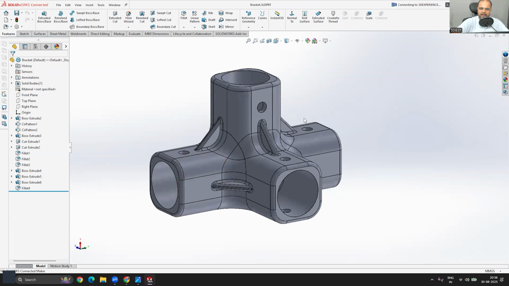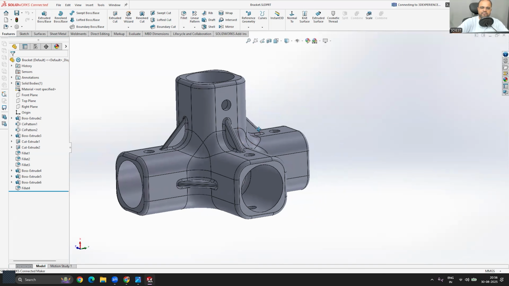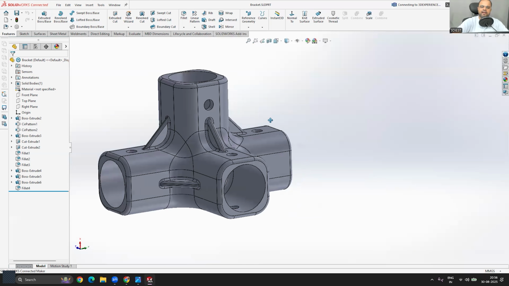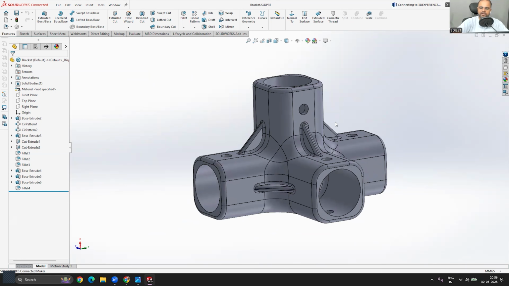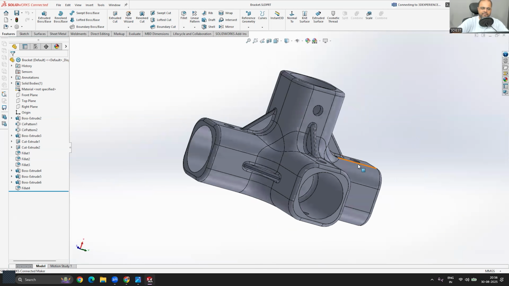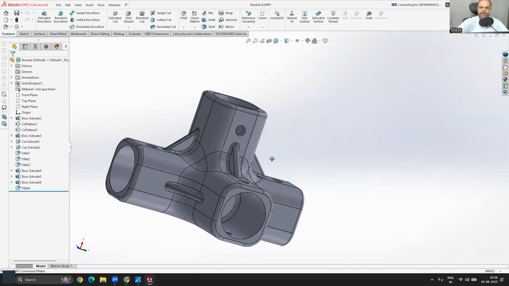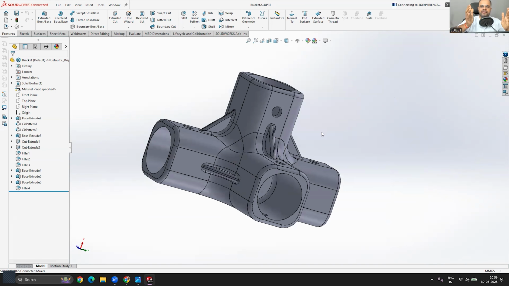Very simple. Now, if you want to pan it, like if you want to move it around the screen, press Control on your keyboard and press the same scroll wheel, and now you can pan it. Here you can see. So if you use the scroll wheel without the Control key, you can orbit it. And if you use it with the Control key, you can pan it across the canvas, across the screen.